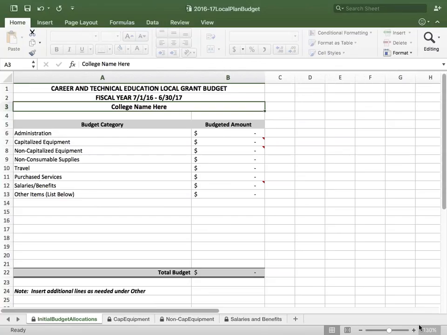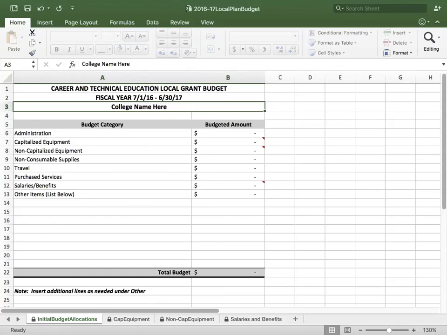So this right here is kind of your anticipated budget. Now, once the state board approves the budget, we will be using a system inside of here where you actually tell us where the line items of the budget are, what you're going to start with. But this is what you're submitting for approval.